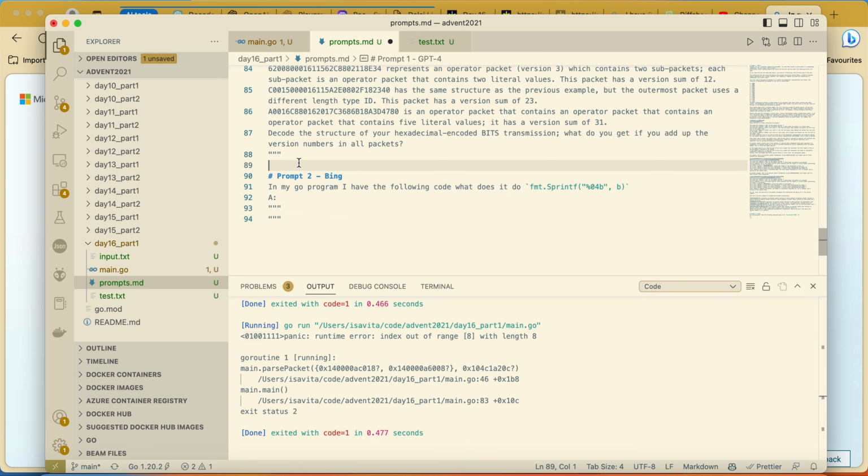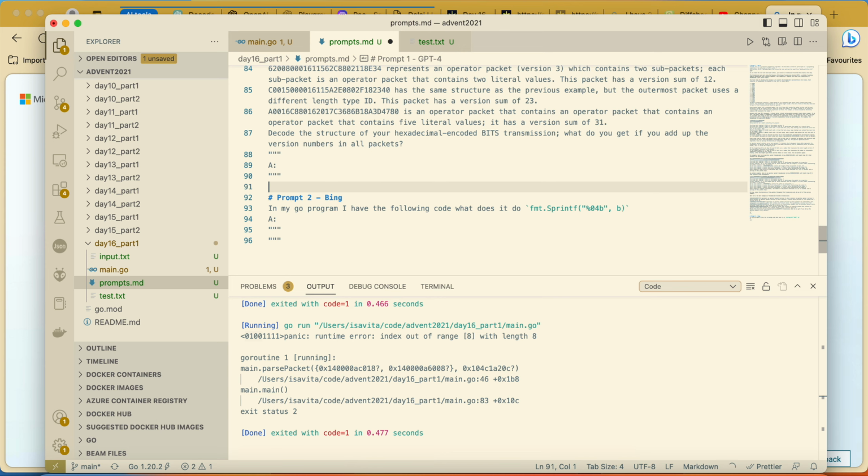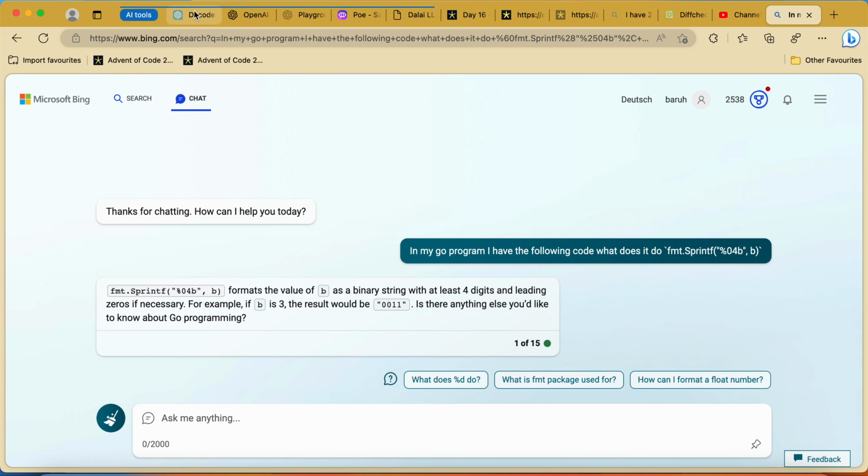Again, as always, we keep the answer so that we have the total info. It formats the value as a binary string with at least 4 digits, leading zeros if necessary.